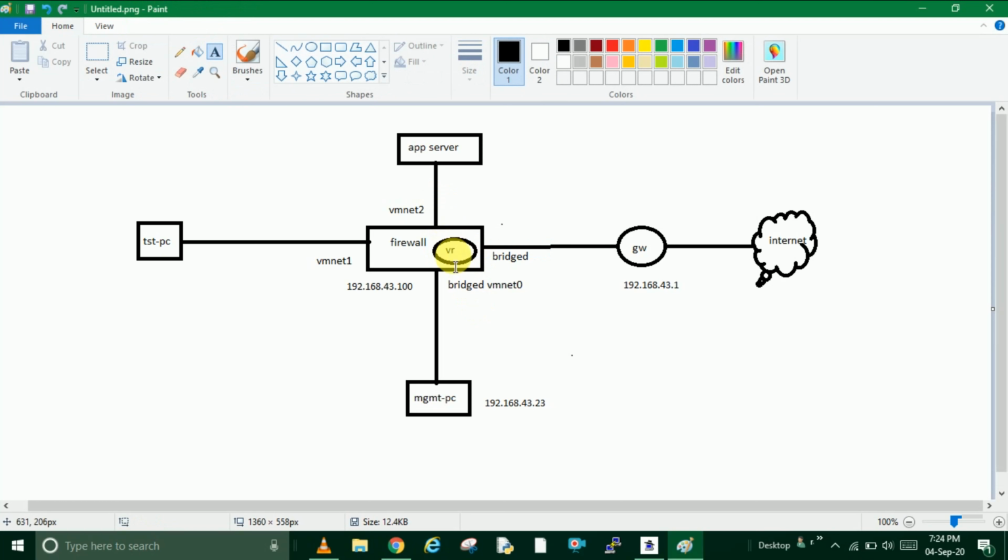This is my virtual router. What I'm saying is I'm giving the next hop address as gateway. If the destination is internet, I'm telling it to hit the gateway, then go to internet. So the next hop address is the gateway, and from the gateway it goes to internet. Here I have given an IP, right? Here I've given the IP as